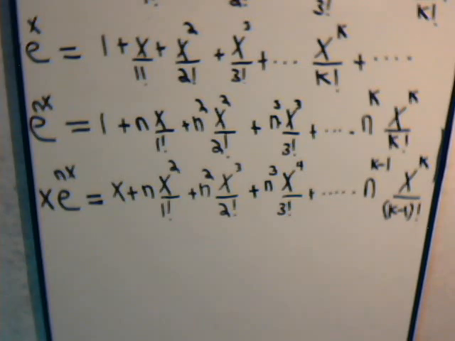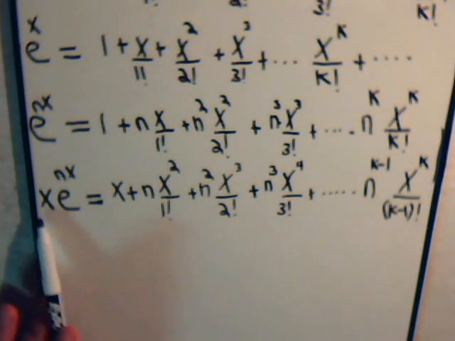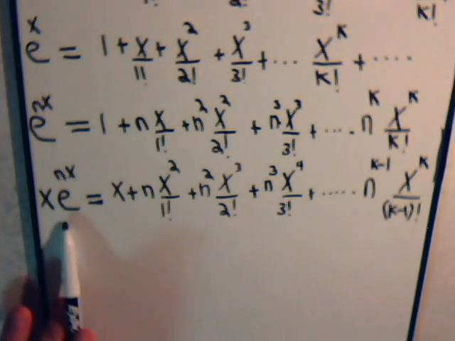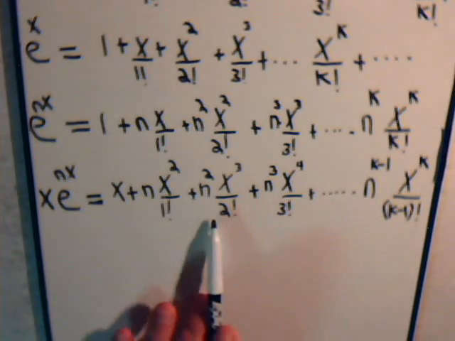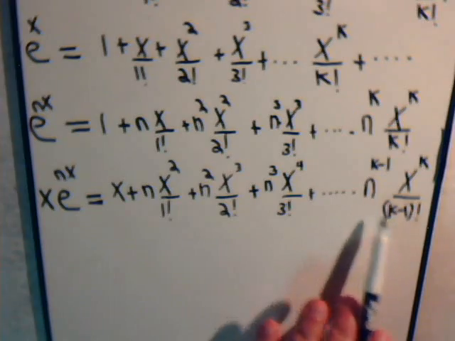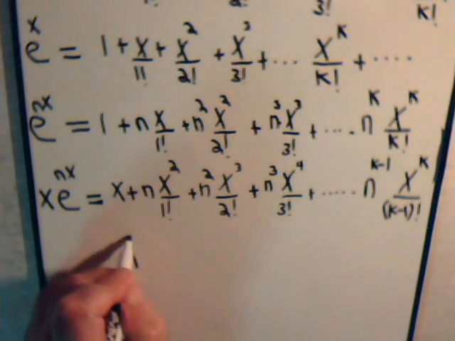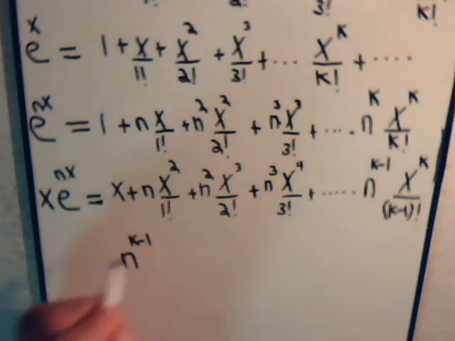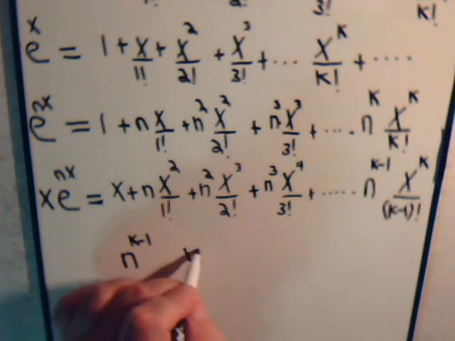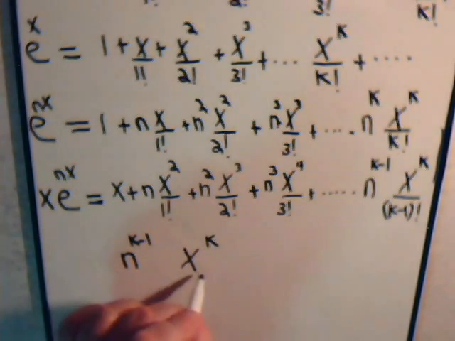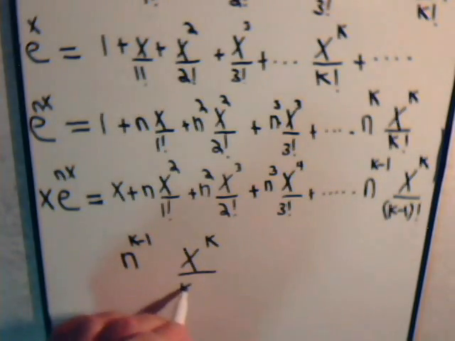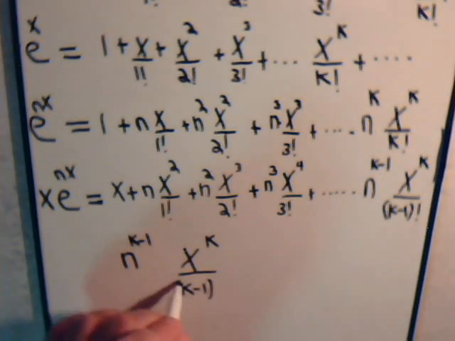So if we have a generating function that involves x times e to the nx, the terms in here generally follow this pattern: n to the k minus 1 times x to the k